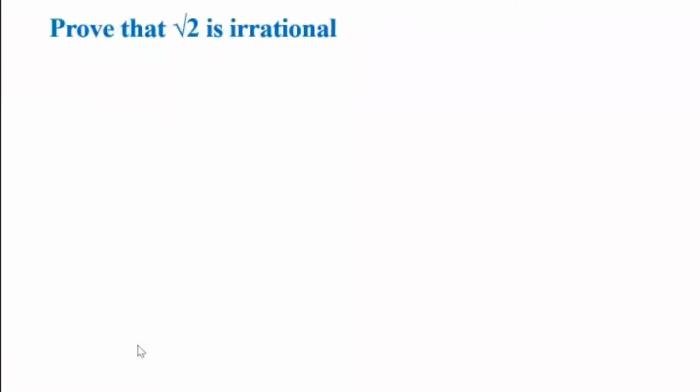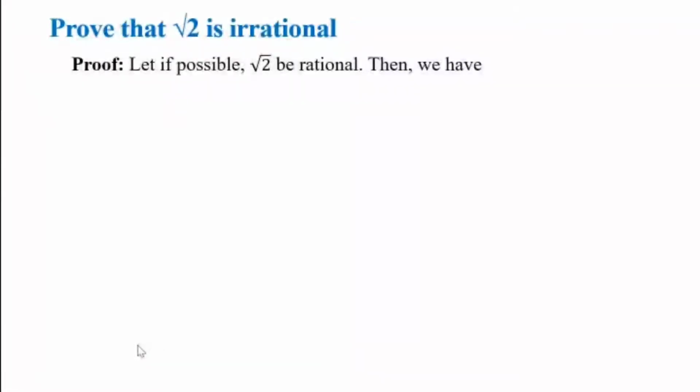Now, how do we prove that? Please understand, each and every statement written here is important. If you miss out on anything, that means you will lose the marks. So I will do it by contradiction. Let us suppose that root 2 is rational. Then, as per the definition of the rational numbers, root 2 can be written as a upon b, where a and b are co-prime integers and b is not equal to 0.